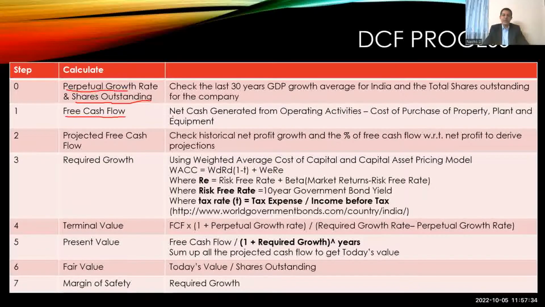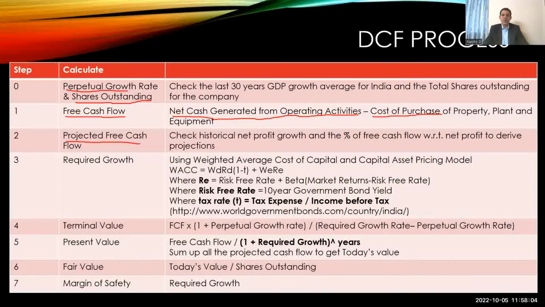In free cash flow, we take the net cash generated from operating activities from the cash flow statement, and then we subtract the cost of purchases towards fixed assets, that is property, plant, and equipment. This cost towards purchasing of fixed assets is seen under cash flow from investing activities. So now once we know the free cash flow of the company, we go to the next step, which is